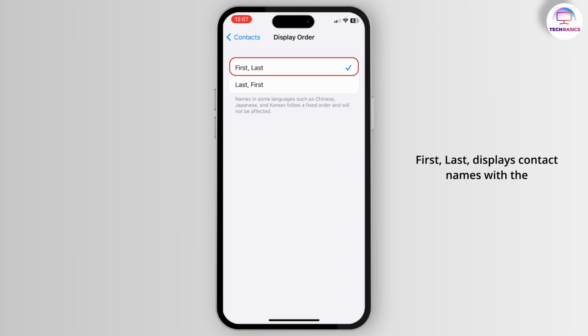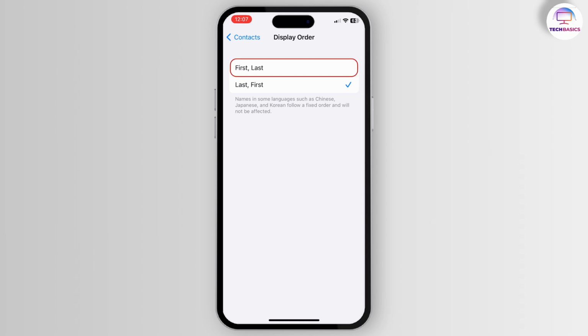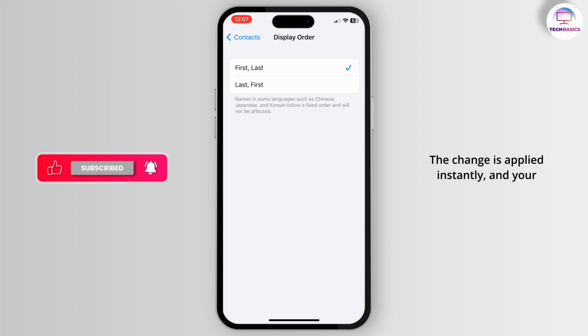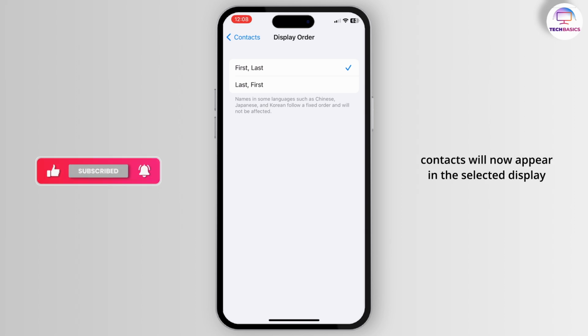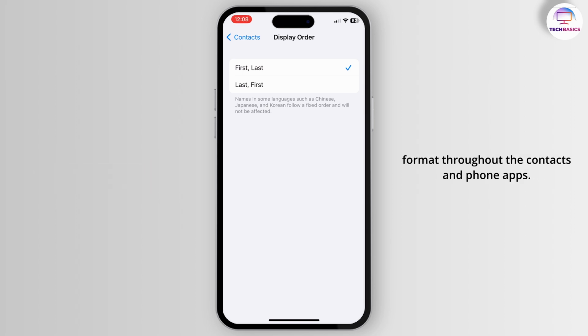First, Last displays contact names with the first name before the last name. Last, First displays contact names with the last name before the first name. Simply tap the option you want to use. The change is applied instantly, and your contacts will now appear in the selected display format throughout the contacts and